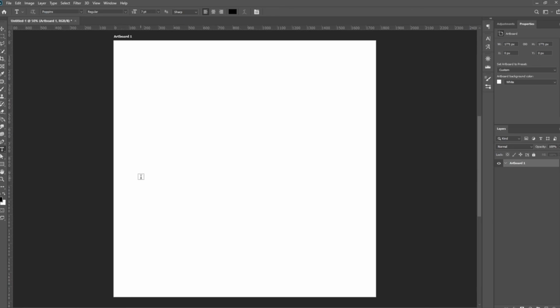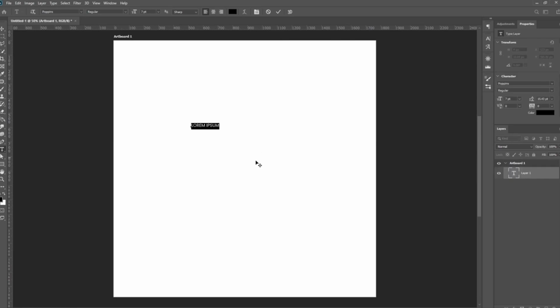Then to create text, you can do that in two ways. First of all, Photoshop has something called point text, and secondly it has paragraph text. We're going to start with point text. You click anywhere on the canvas to start typing. This creates a text layer for a single line of text. Look at this layer area now. Once I click, it's going to create a layer automatically for me. Like right here, type "mastering